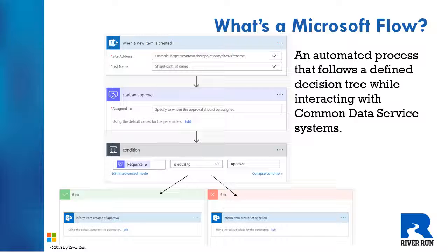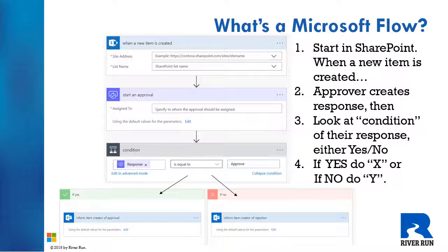In other words, it involves, like in this case, starting in SharePoint, and is triggered when a new item is created, that an approver steps in to check it out, look at the condition of what the approver sets in the next step, decide yes or no, and if yes, do X, and if no, do Y. Okay, so it's an automated version of our processes,